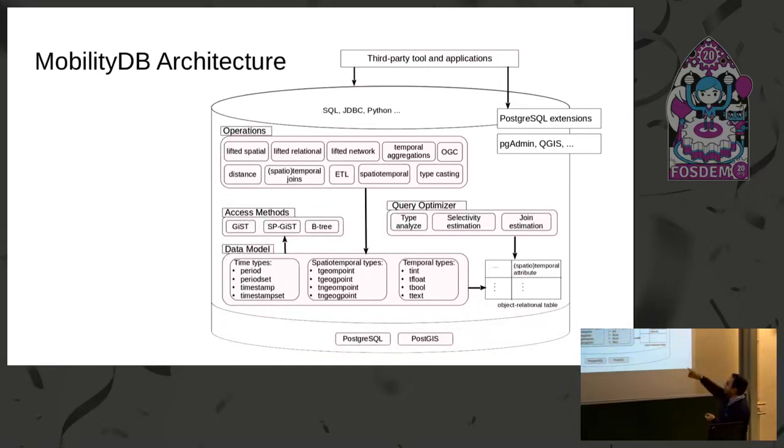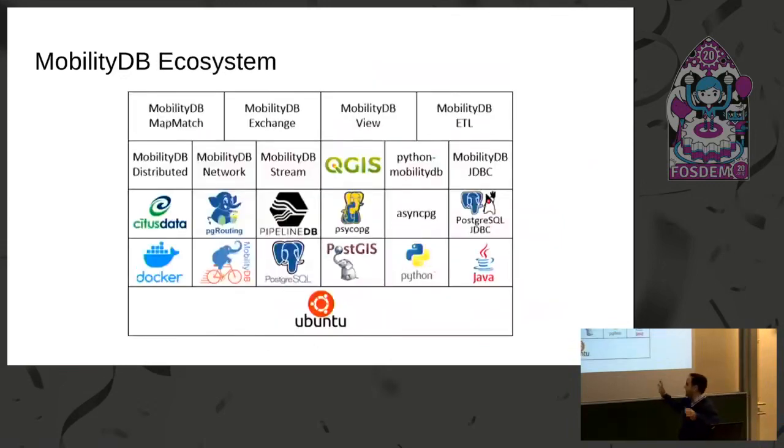This is all built as an extension, not a fork, to PostgreSQL. And because it's an extension, it should be, we hope, compatible with other tools in the ecosystem of PostgreSQL. We have tested with some, and